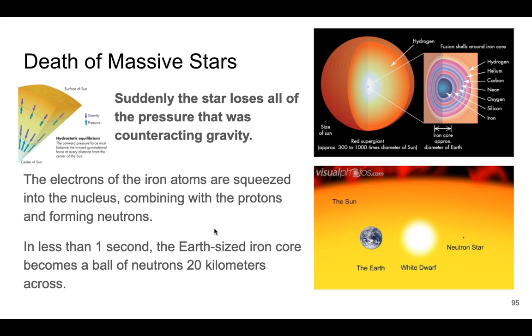And so this core, this Earth-sized iron core, so even though the star was a giant star at this stage, the core of the star was only the size of the Earth. And once gravity starts crushing it all down, you're going to end up with something only about 20 kilometers across. So very, very tiny. We'll see images later on. They always compare this to Manhattan for some reason. So the star itself is huge, many, many times the size of the sun, but its core is only the size of the Earth. And then in less than a second, the whole thing is going to get squeezed down into something the size of a city. So very dramatic changes happening all of a sudden.